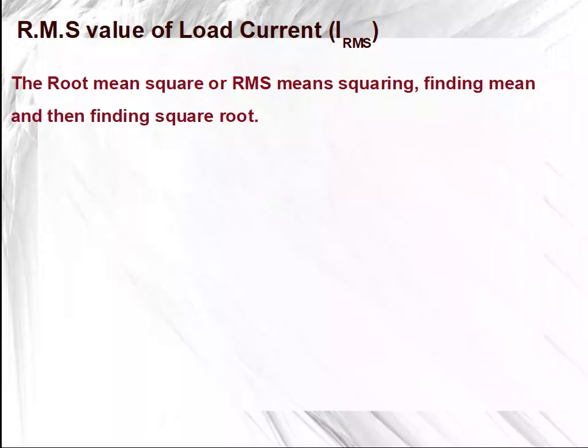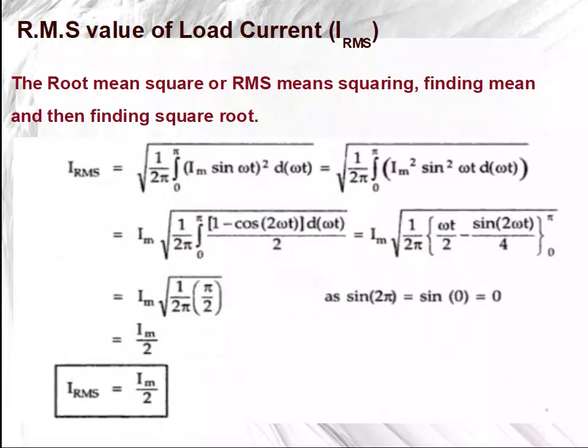calculation. The root mean square: squaring, finding the mean, and then finding the square root. How can we do these things? IRMS. For IRMS it is a very simple calculation. We know that root mean square is basically: first we do the square, then the mean, and then again the root. This is the way we do it, and this is a simple calculation where IRMS is equal